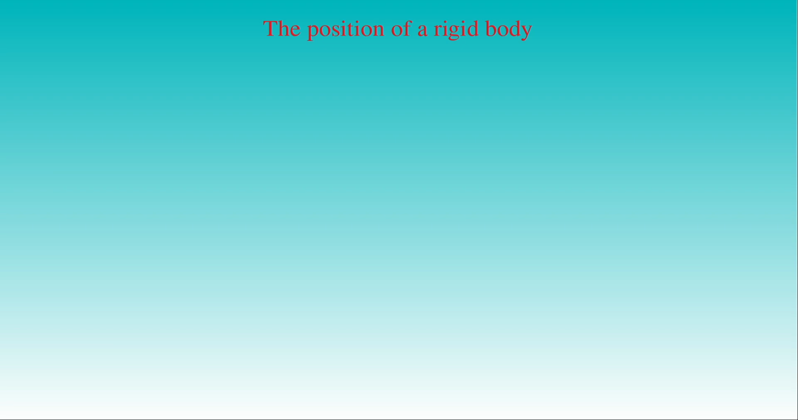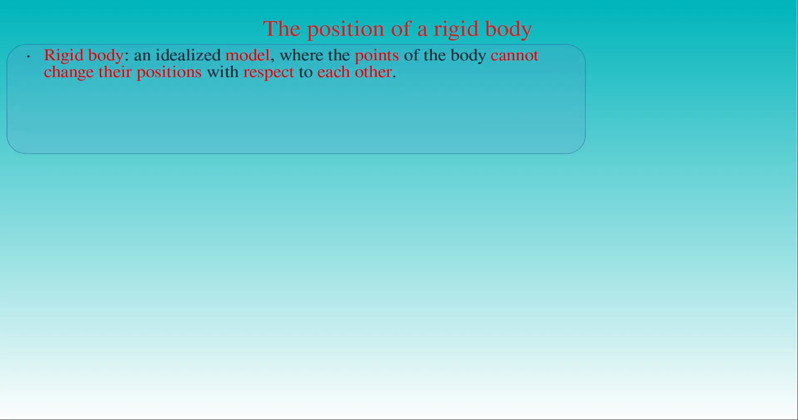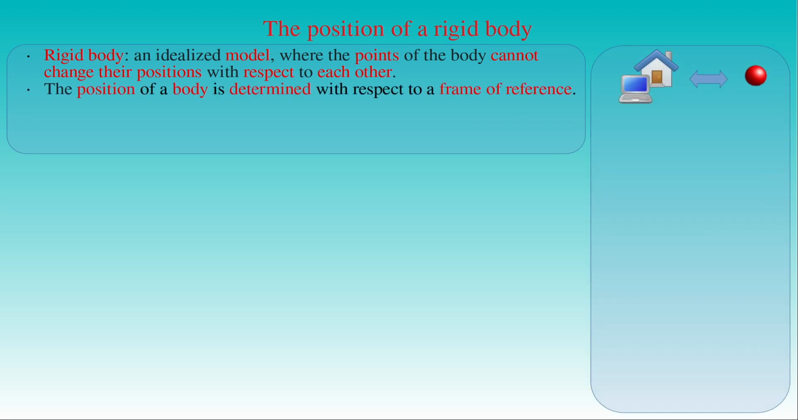In order to start with the procedure to determine the position of a rigid body, we recall the concept of rigid body. When we presented the models used to describe the bodies in mechanics, we defined rigid body as an idealized model where the points of the body cannot change their position with respect to each other. The position of a body is always determined with respect to a frame of reference, for example the laboratory where